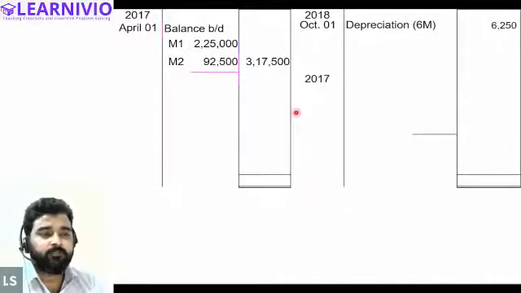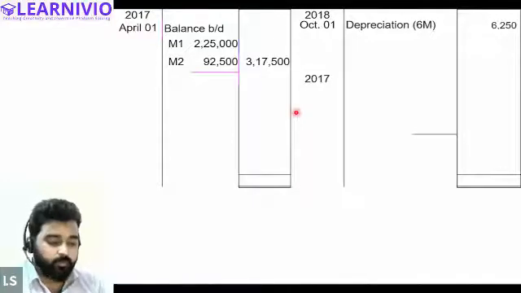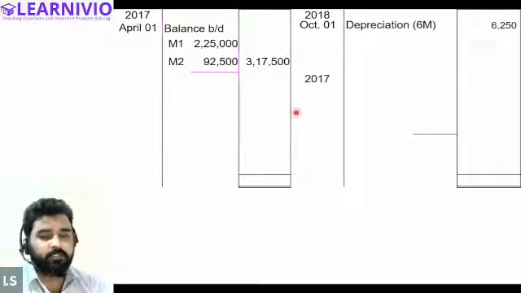Installation is an additional 10,000. That is already there in the question. So that machine will be selling, right? So it will be 2,50,000, right? Okay. So you are saying installation will be counted as part of the cost of the machine? Yes, that is part of the cost only. So from the very beginning, the cost was 2,50,000.